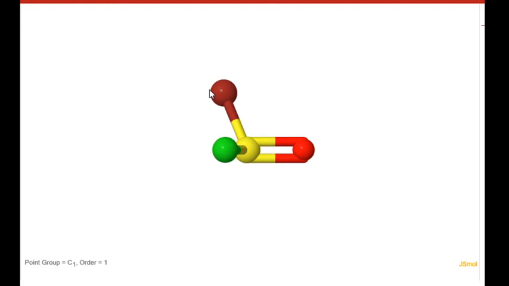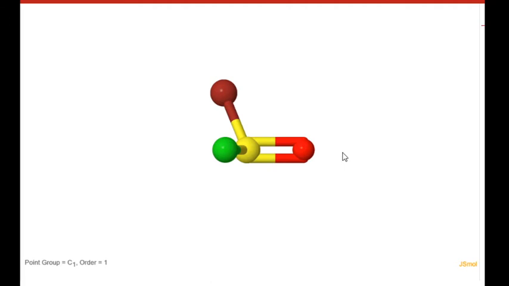Now for this molecule, it does not have any proper axis of rotation, right? One cannot get any type of the axis of symmetry or plane of symmetry for this molecule, right? Since both are the different atom here, one cannot imagine a plane which is bisecting the molecule. So this type of the molecule does not have any symmetry except identity E. So such type of the molecule can be identified by the symbol C1 point group.